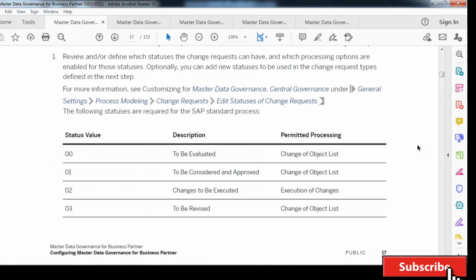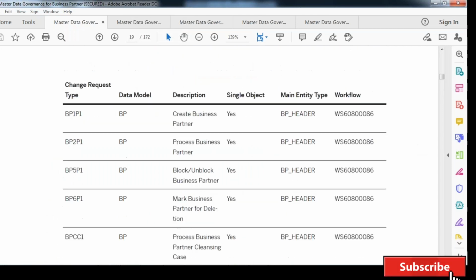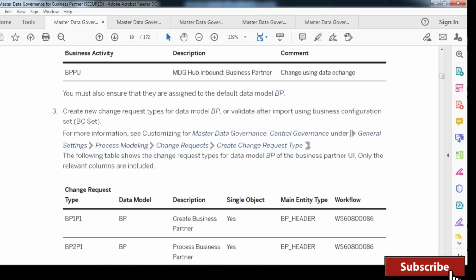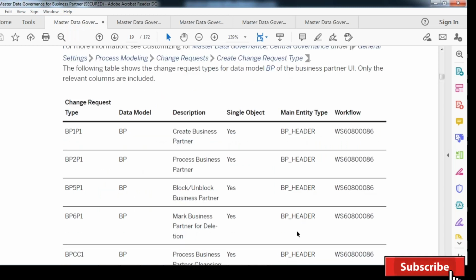Okay. So what is the page number? Page number 19, for the business partner document. You can see this is the change request type, and this is, by the way, the standard. This is the data model, this is the description, and the main entity type, which is BP header, is the leading entity type, and the